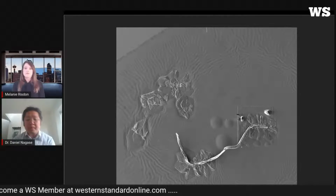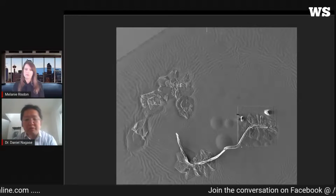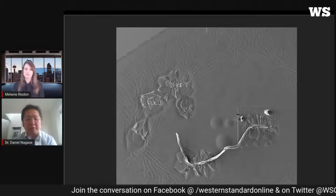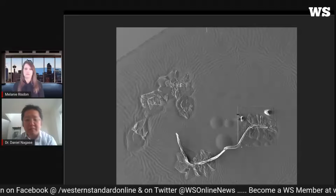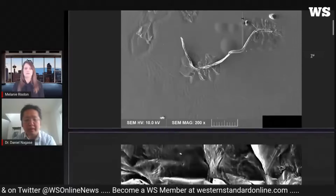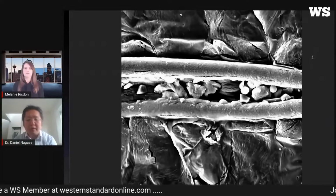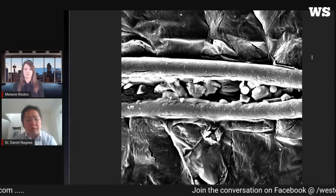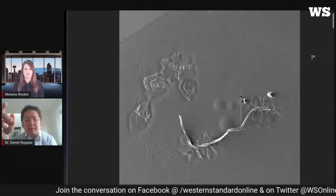So this next one is the most zoomed out photo. This particular structure, I think, was big enough to see on an optical microscope, although I don't have any optical microscope pictures for this particular presentation. But if we scroll down, we'll zoom in on it and get a closer look at what we're looking at. So we see a strand on top of some crystals. So if we zoom into the folded over part of that strand, so if we scroll up again,